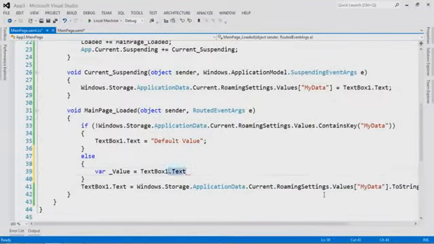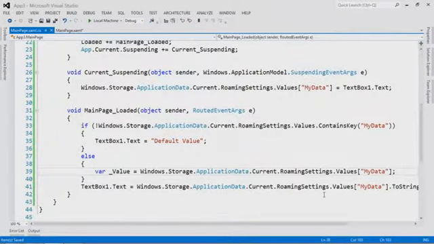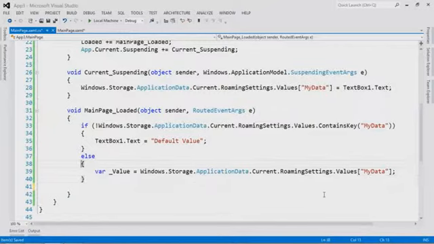So I know that it's there, so I'm not going to get an error of it's not found, but it could actually be null, right? If I want to handle that. And so I know that the value is moved into it. Its type right now is going to be object. And I'll just say text equals